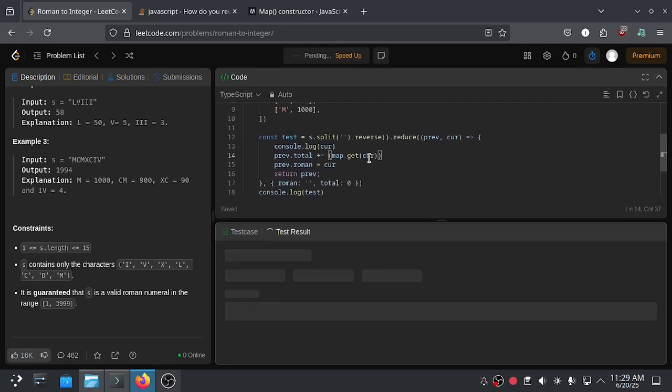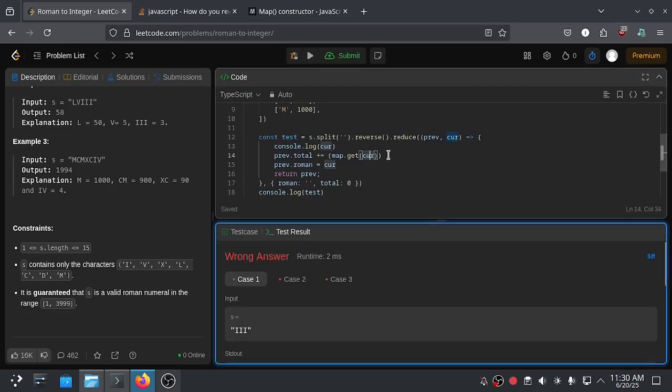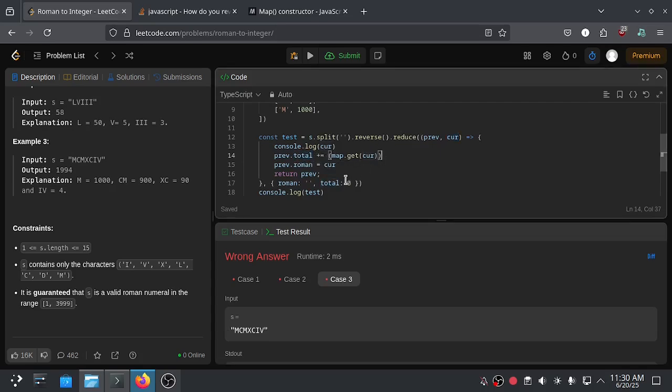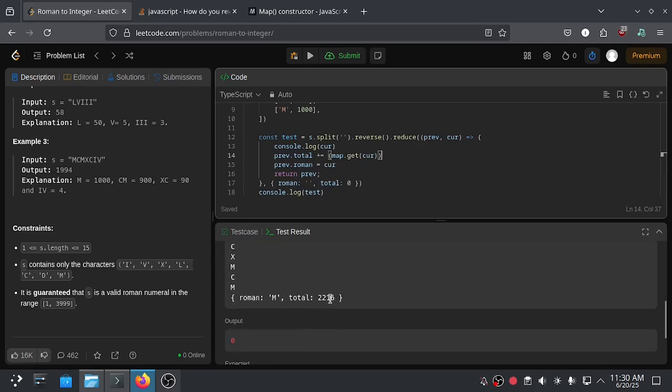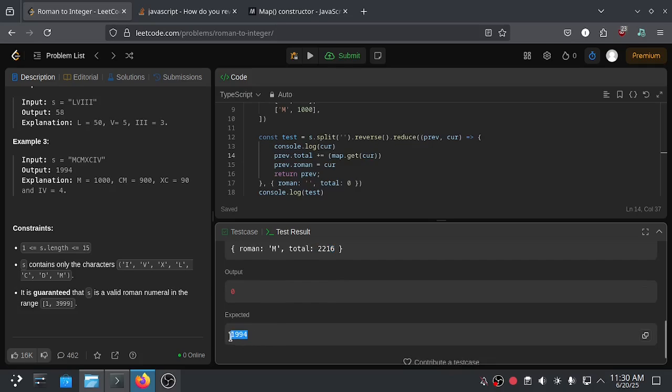So for the current iteration, which is the V, which is 5, it will be added to the total value, and the total is 2216, which is incorrect. The expected value is 1994.